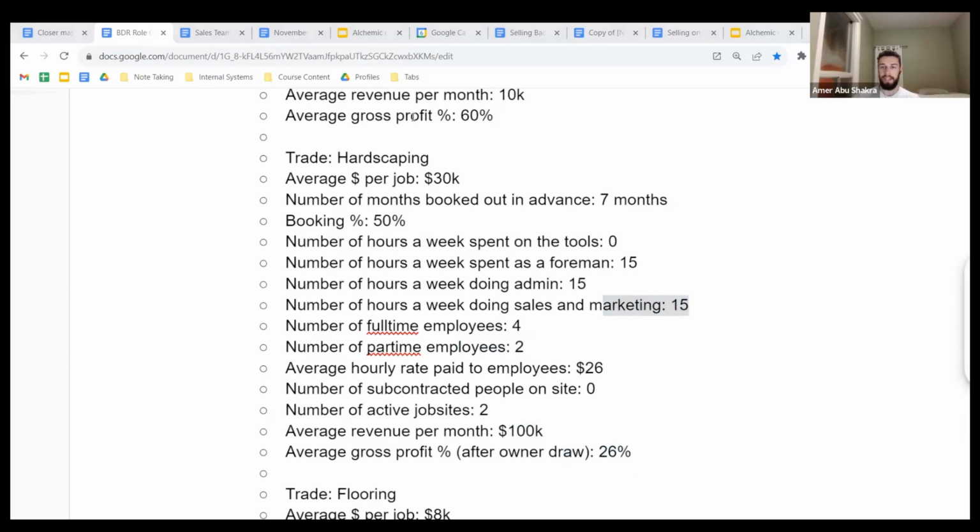He's got part-time guys, full-time guys, 2 job sites. He's booked out 7 months, spending all this time doing admin. It's like, all right, man, let's get you more systems, more efficient. Let's fire maybe the slow guys, hire some new ones. Let's get this gross profit margin to like 35%. Let's cut this time down. Let's potentially hire more people. And then we'll test out increasing your price. And then we start going into sales and marketing even heavier. But 7 months is a huge buffer, you know what I mean? Yeah, it sounds nice, but when you break it down like that, it's too long.